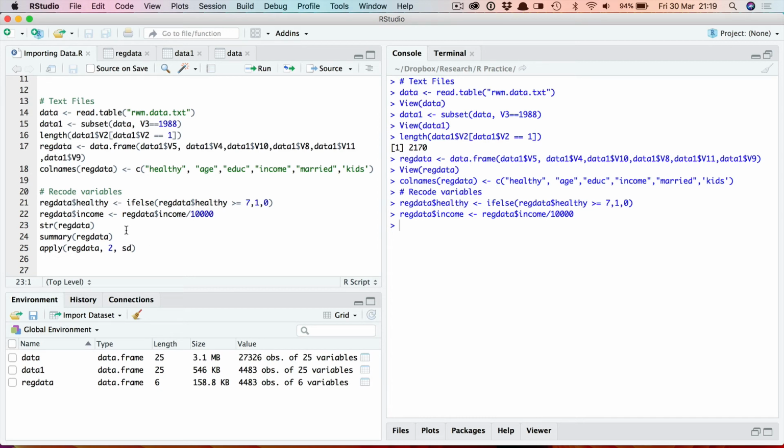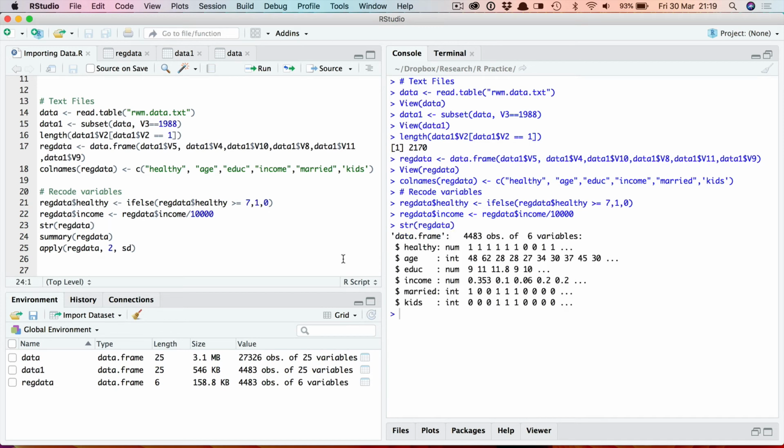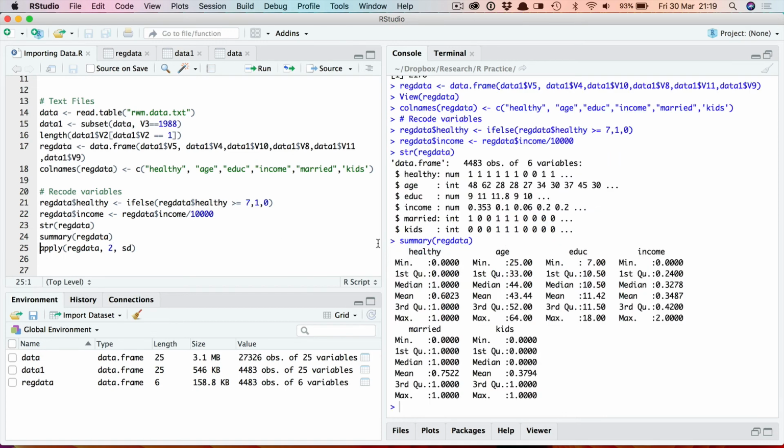Now let's just have a quick look at the structure of the data frame that we've now got. So here we have our data frame with these 4,483 observations on these 6 variables. Here I've recoded healthy and recoded income. So this is all ready now for my analysis. Now let's finally just look at some summary measures, which again you often want to do when you've got your data set ready. So if I use the summary command here, as we've done before, what it does, of course, as we've seen, because a data frame is a matrix, it simply